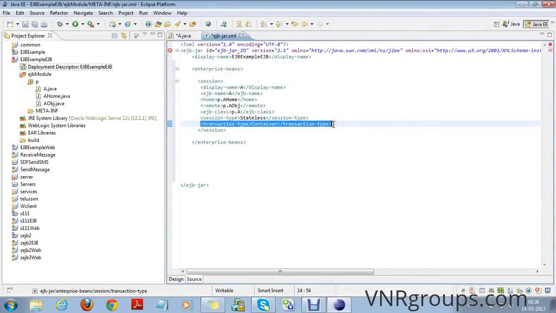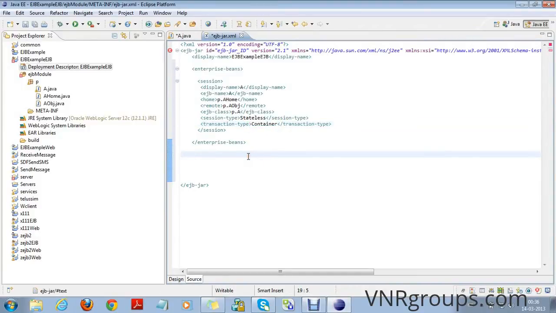Transaction type can be of two types, bean or container. In the container managed transaction, the transactions are managed by the container, and we can specify the transactions declaratively in the XML file. But if transaction type is bean, then we have to do coding to manage the transactions.